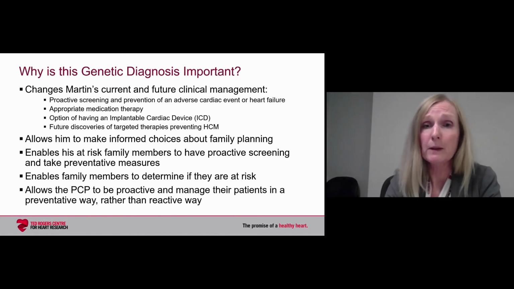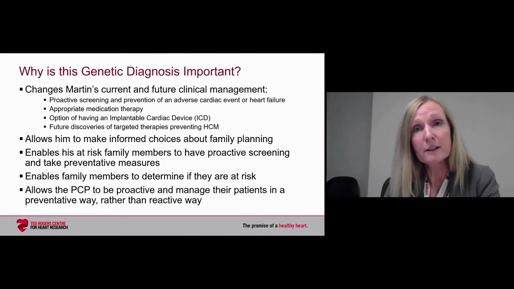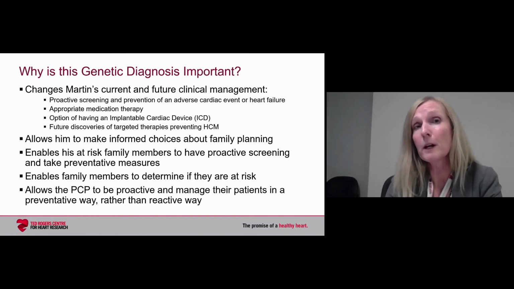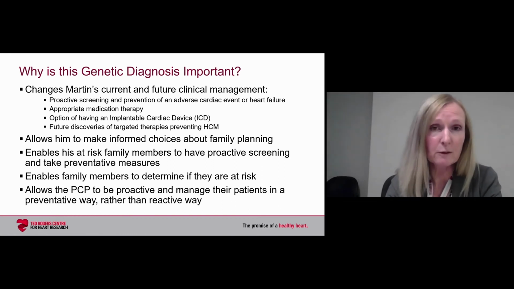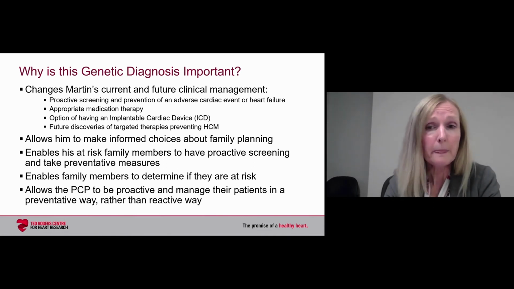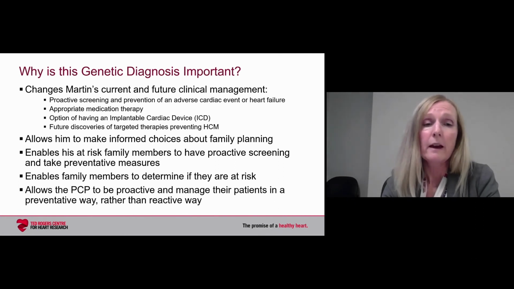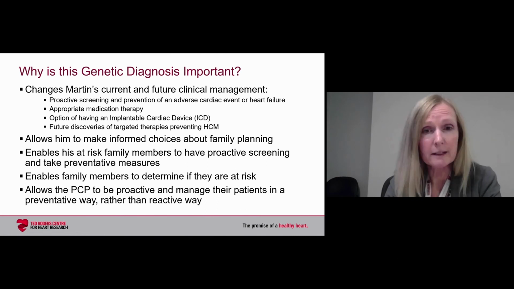This enables his family members to determine if they are at risk. So, for example, again, because we have identified the specific genetic variant in Martin, his family members can be tested for that variant and know whether, in fact, they are at risk. And if they are, to be engaged in proactive screening. And again, for you, this allows the provider to be proactive and manage their patients in a preventative way rather